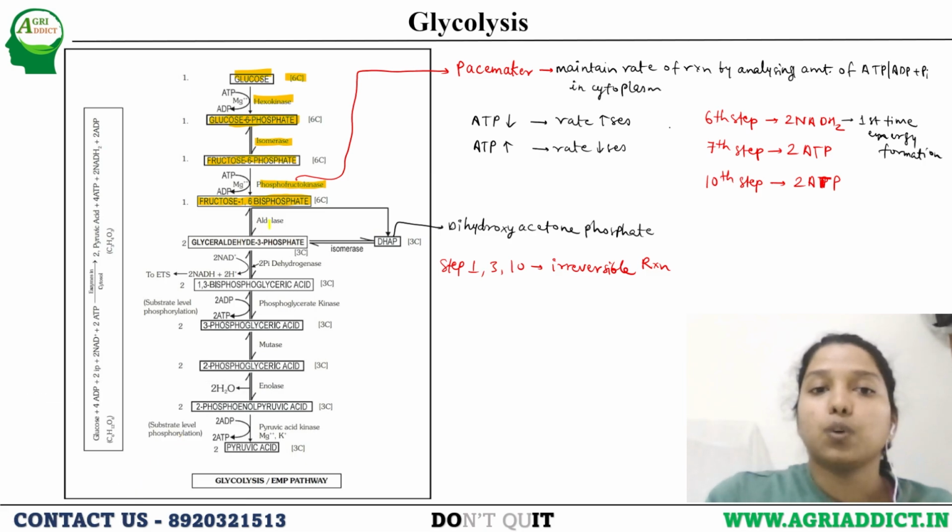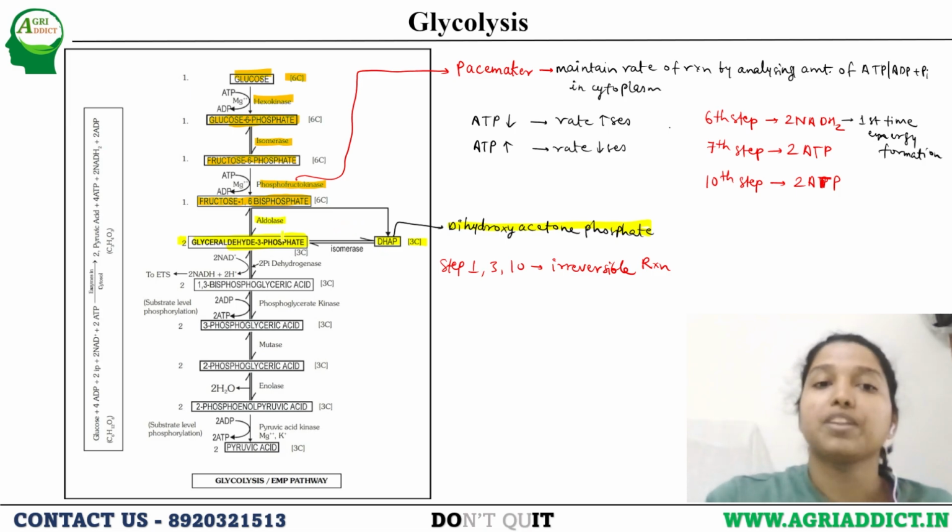Now this fructose 1,6-bisphosphate can get converted into glyceraldehyde 3-phosphate in presence of aldolase, or it can convert into DHAP, that is dihydroxyacetone phosphate, which is a 3 carbon compound. When the fructose 1,6-bisphosphate molecule is broken down, it will form 2 molecules of either glyceraldehyde or DHAP, that is